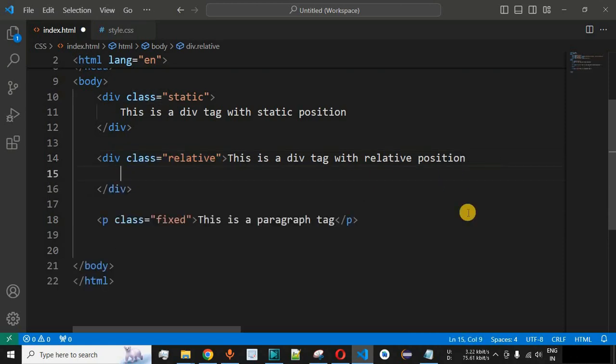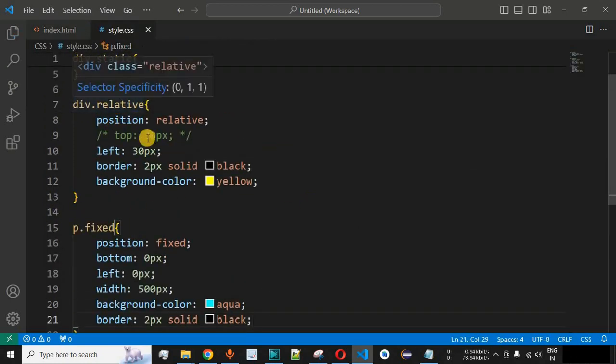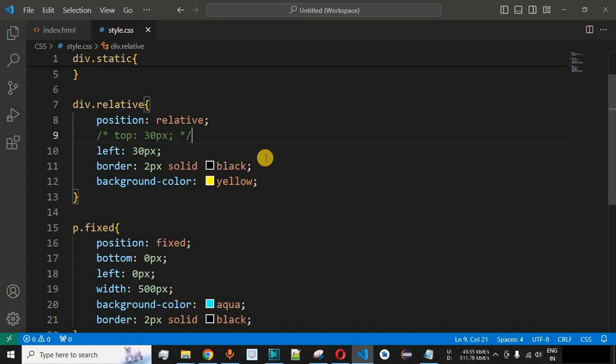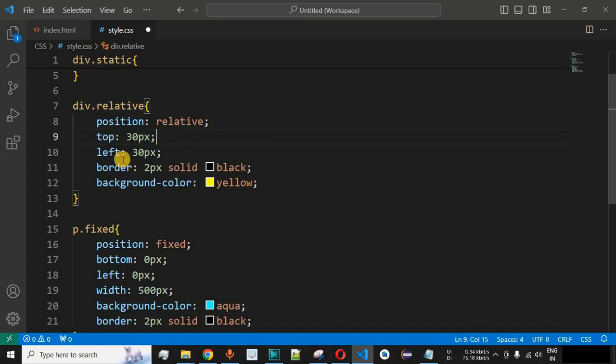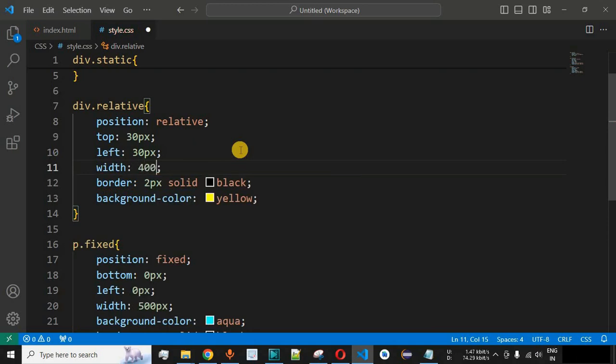So guys, we have to come inside this particular div tag and then we will say div with the class absolute. So guys, we have created the class that is absolute over here, and before providing any content, let us make some changes in the relative class as far as the CSS properties are concerned. So what we can do is, for the relative class over here, we will provide the top property as 30 pixels and the left property as well as 30 pixels over here. But guys, we are also going to provide the width. So let's say we provide the width of 400 pixels in this case.